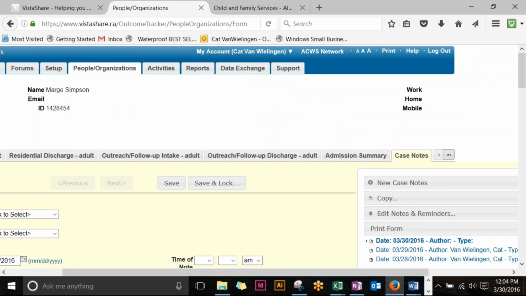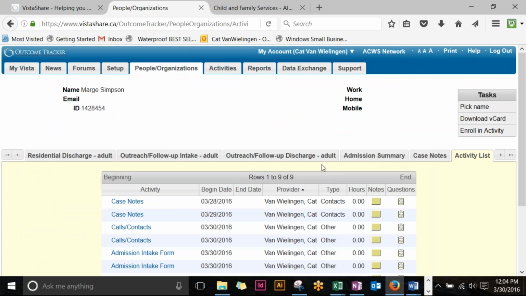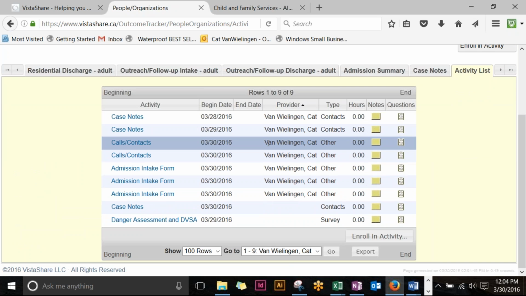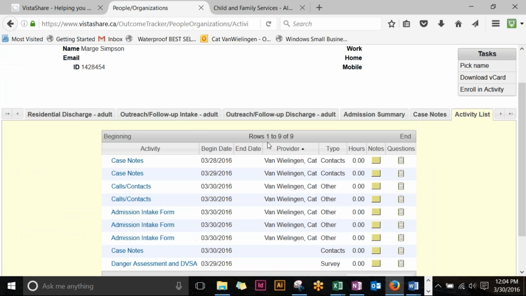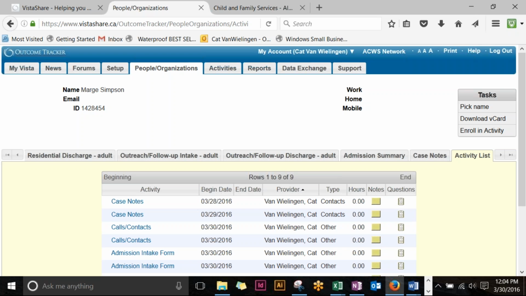And the same would go in terms of accessing the activity list. That would all remain the same. So there may be different activities that you're using with women in outreach, but the process remains the same. The most important thing that we have to be careful of when we have women in more than one program